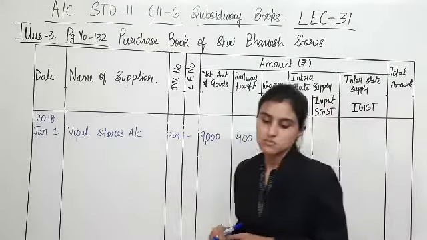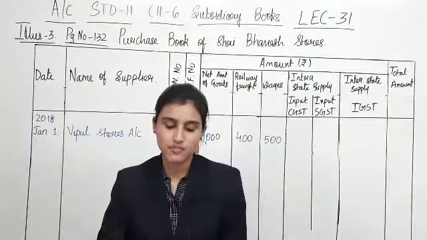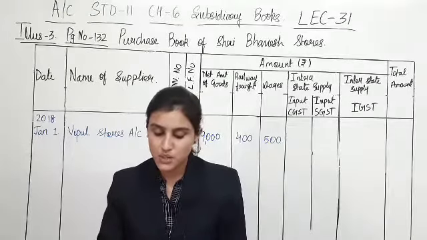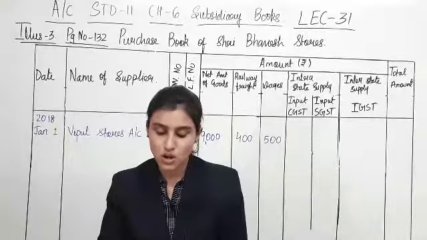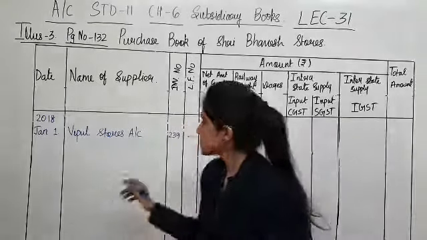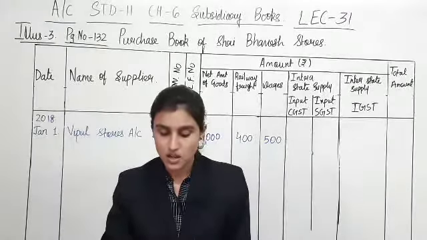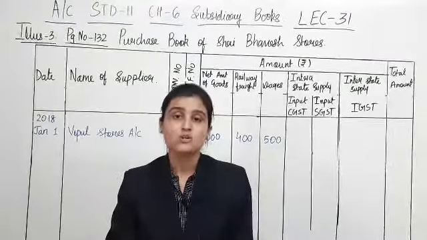See, the bill number 239. So, name of the party is Vipul Stores and the goods have been purchased. Vipul Stores is of Rajkot. So, this is